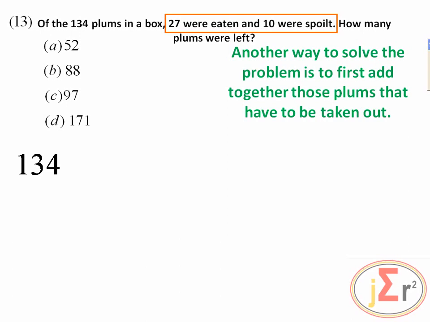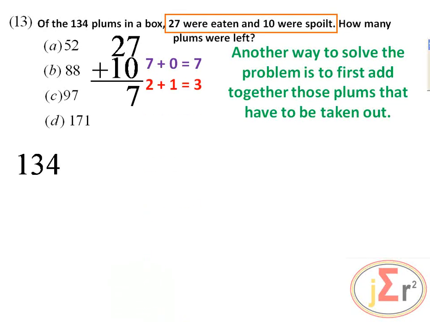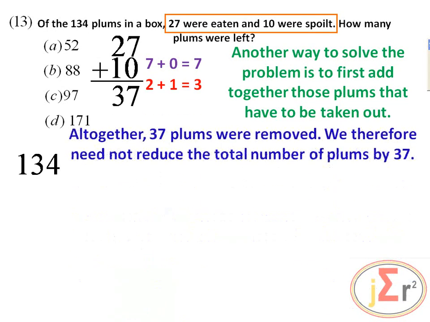So all of those plums were taken out. So those plums will serve to reduce in total the number of plums. So we will take an approach in which we will add together all of the plums that were taken out, and then we may take that number away from the total number of plums. So we have 7 plus 0 is equal to 7, and 2 plus 1 is equal to 3. So we have 37 plums were removed. And we will take away 37 from